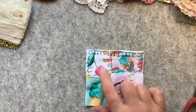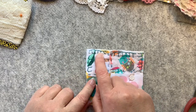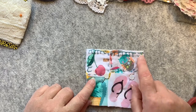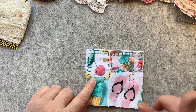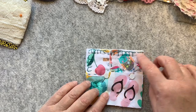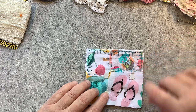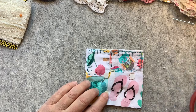Oh my gosh, but look at that. That looks cool. So you can see the difference. From this is where I started, and I went around this way, and it started messy and it got neater, and then over here it actually looks neat. The only thing is I did not do the corner very well, so maybe I'll try to do better on the corner when we work on these two pieces down here. And I feel like I could even just put a stitch up here this way and right here, and it would look better, but I'm gonna leave it. What do you guys think? Isn't that a cute little